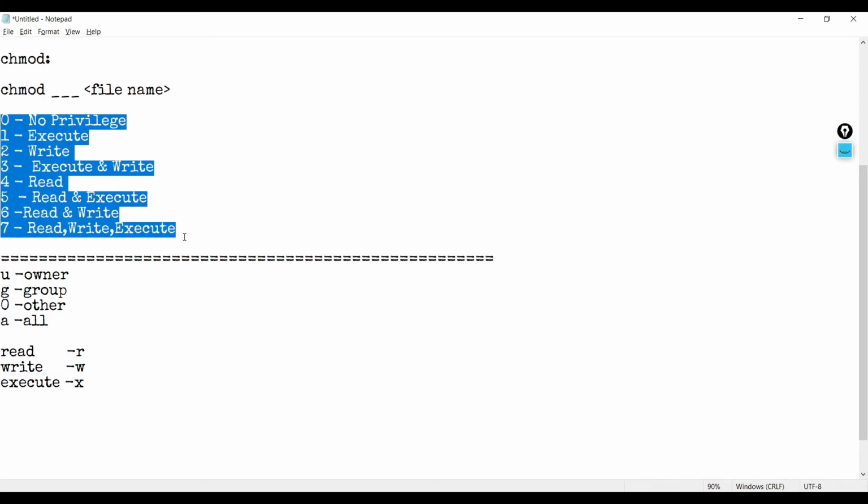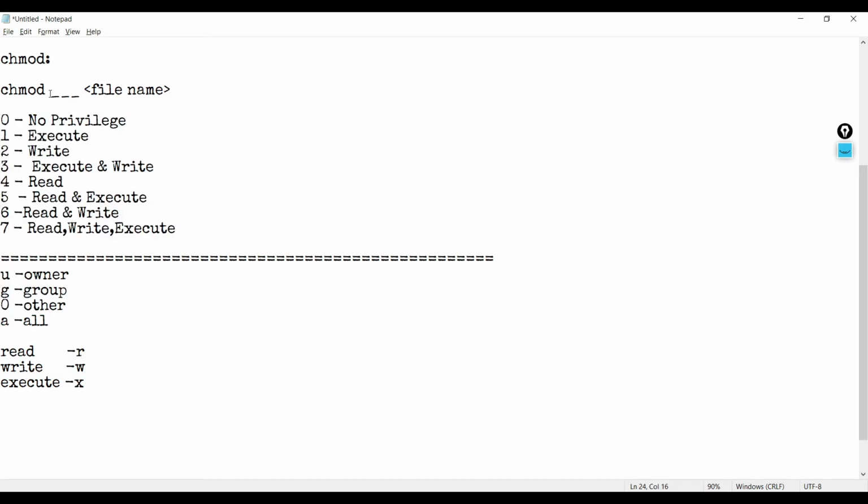With the numericals, let me explain. The first digit represents the privilege for the owner of the file. The second digit represents the privilege for the group which the user belongs to, and the third digit represents the privilege for the other users who do not belong to that particular group.